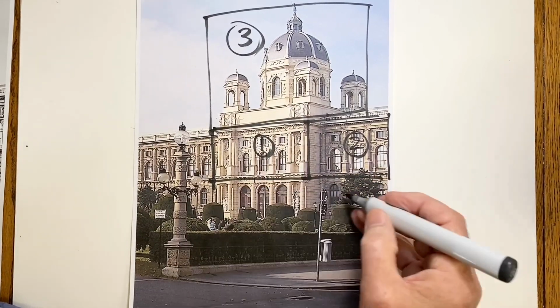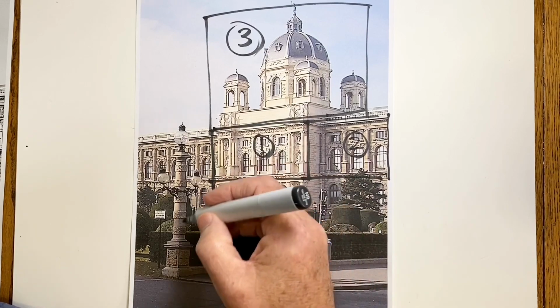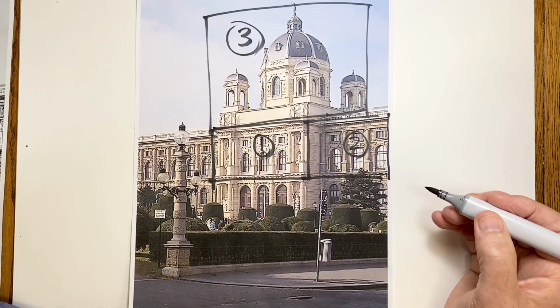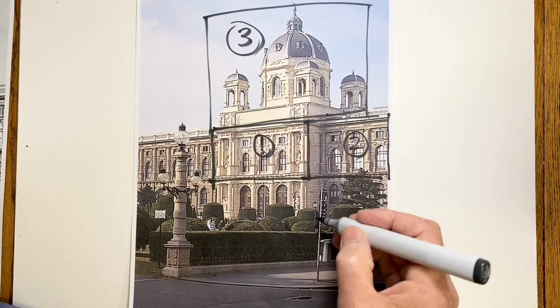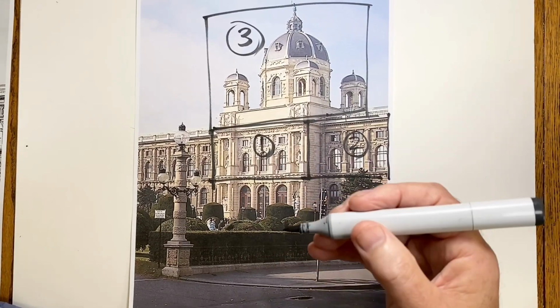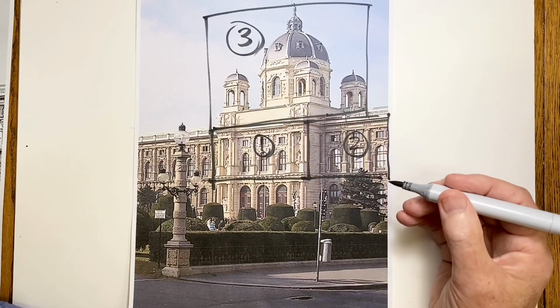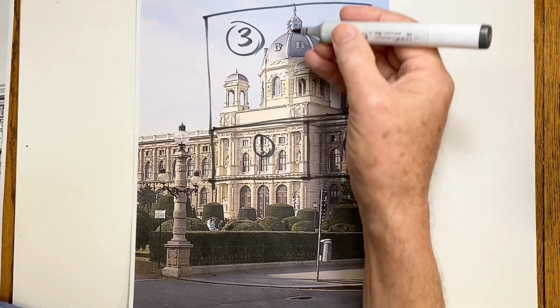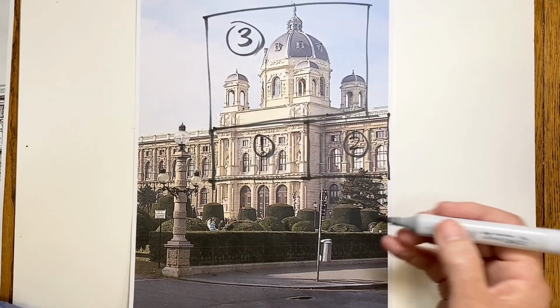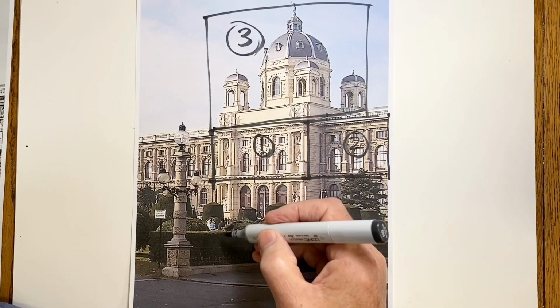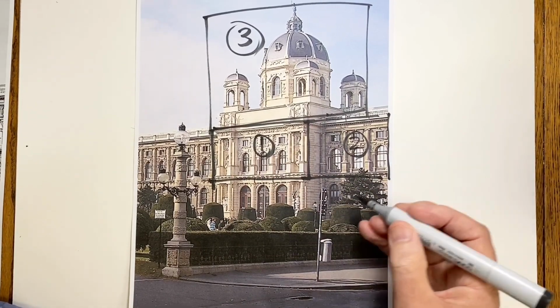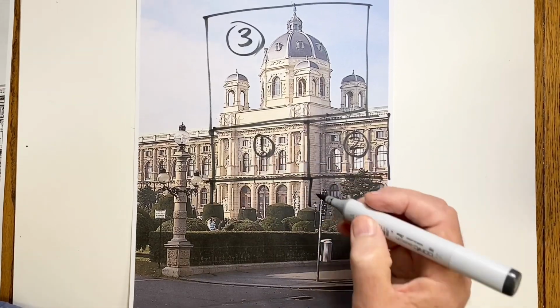Another good reason not to rush to draw this rather messy section of objects overlapping each other is that by the time I get down to this now, I know my observation and my drawing will be warmed up, but also my sense of the scale of the building and how large things are. And I'll find it easy to eyeball where these things overlap. So my next section to draw,